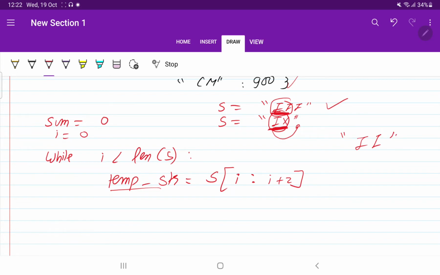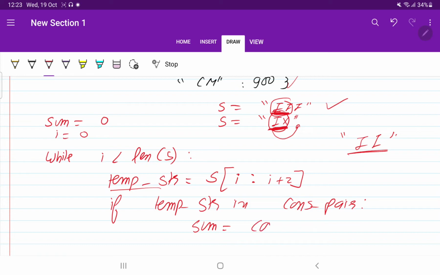Then we are going to check whether this temporary string exists in the dictionary or not. We can do it like this: if temporary string is in consecutive pair dictionary, then we take out the value.